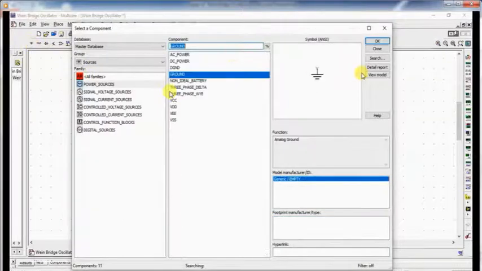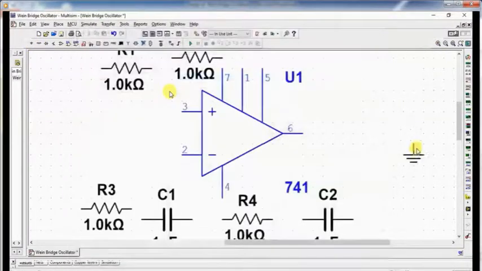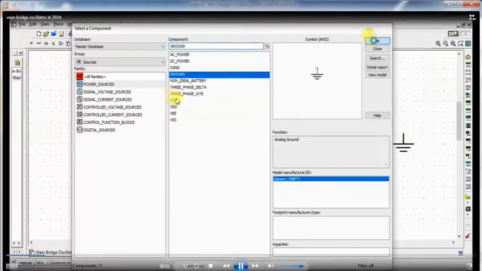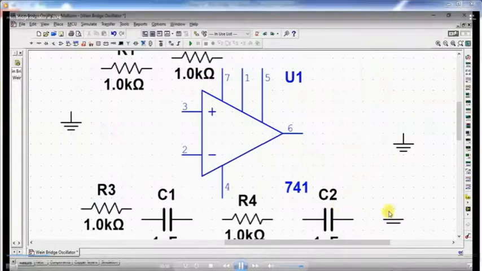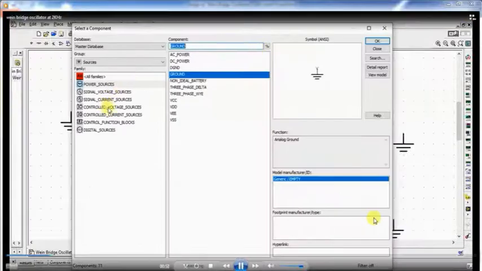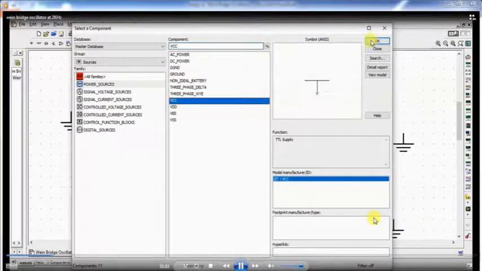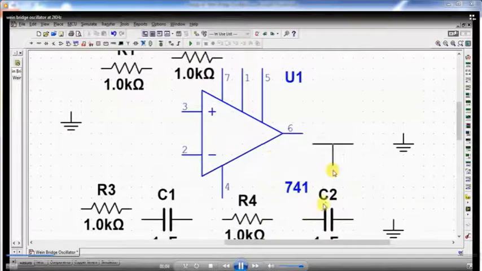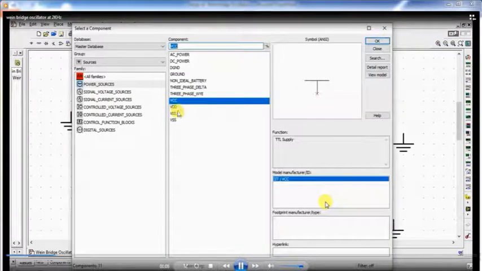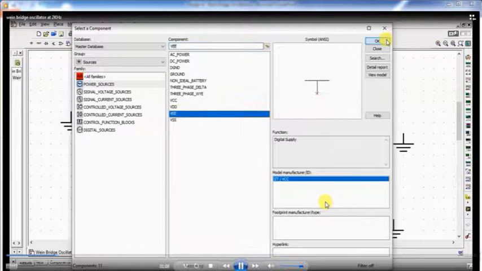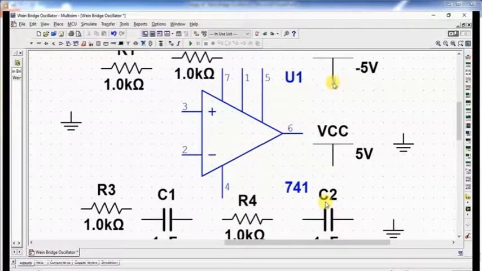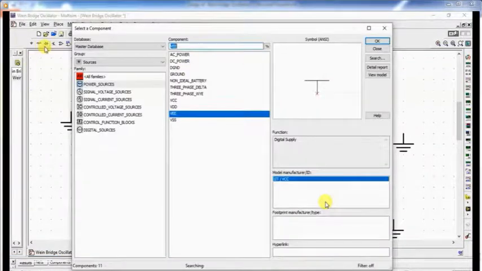Now the ground terminals are also required in the circuitry, so you can select the ground terminals and drag them. The sources are also required. Here plus VCC and minus VEE supplies are required in the circuitry, so you can select and drag them.